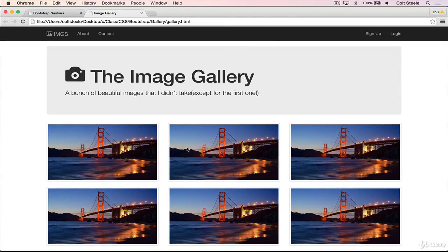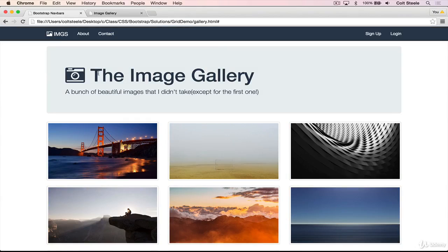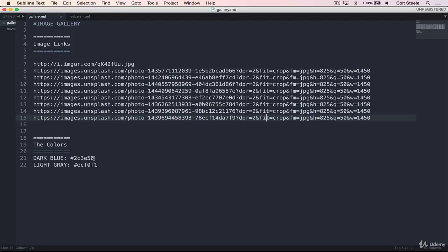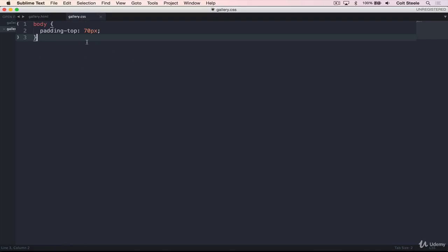Now all we really need to focus on are the colors. Let's start with the Jumbotron. So everything inside the Jumbotron is just a different shade of blue, and that shade of blue I have in this document here, 2C3E50. We'll go to our style sheet, and we can just select the Jumbotron